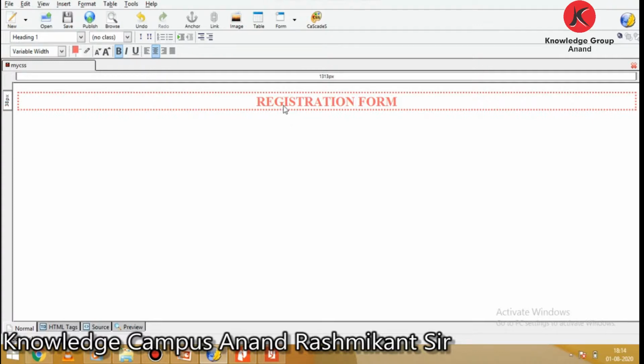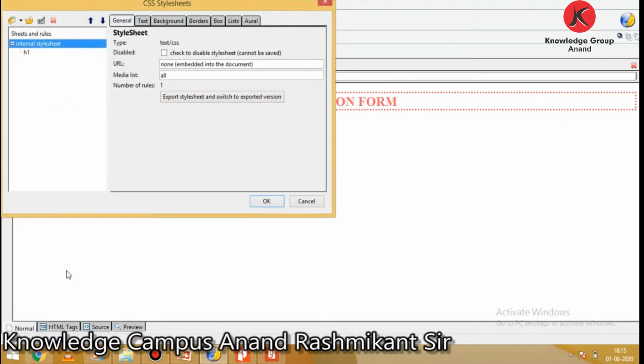We can use the same procedure to create a style for any other element in the web page. Once again, if you want to add another element, click on the arrow of the CSS button.